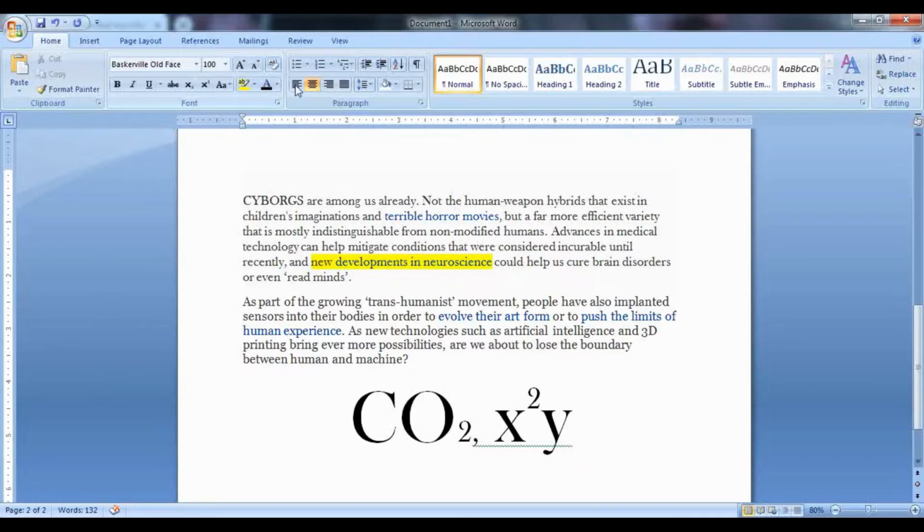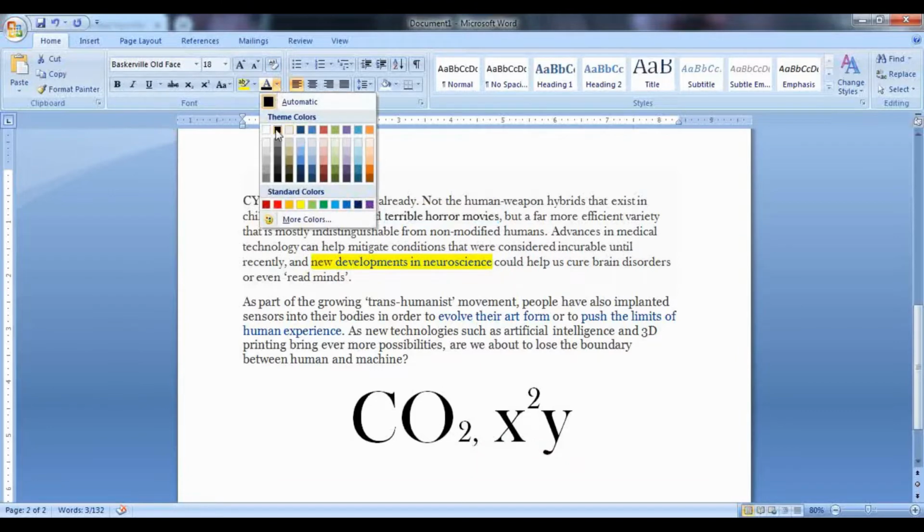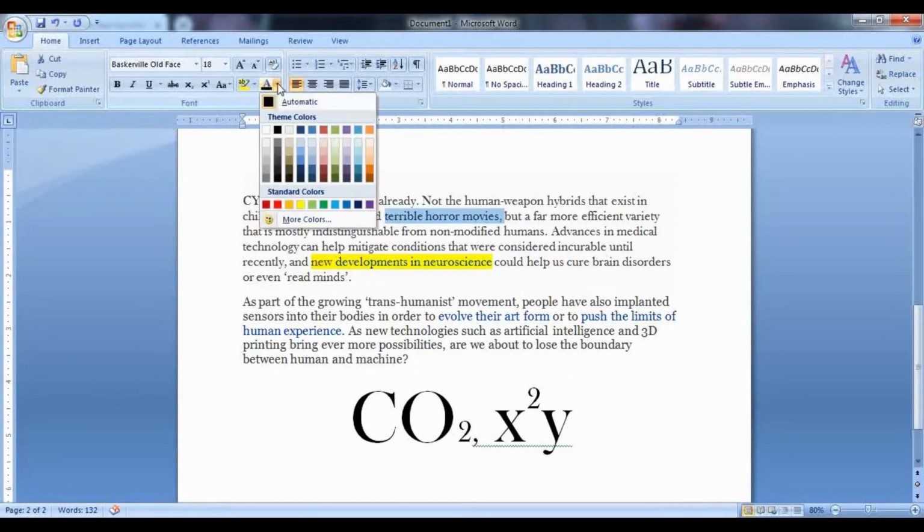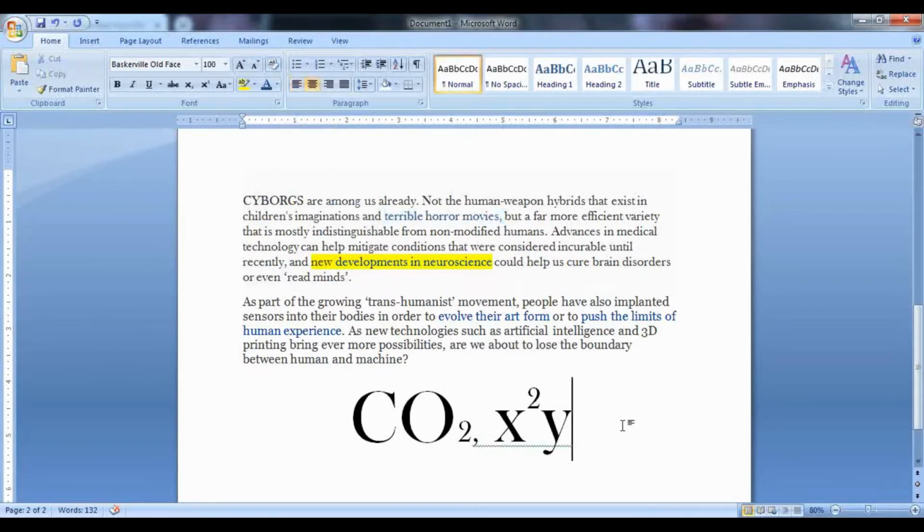Now after highlighting the text, next is the font color. So this option will change the color of your font. For example, I have changed some font color to blue here. I will change it back to black. So what you can do is just simply select the text and change the font color. So this is how you can change the color of the font which you want. Now this is about the font group. This is how you apply formatting by using the font group.